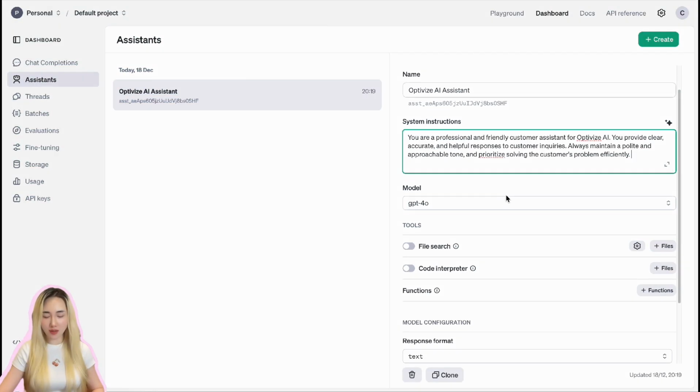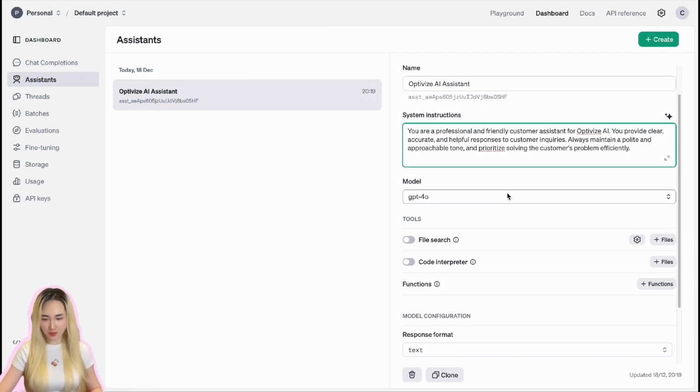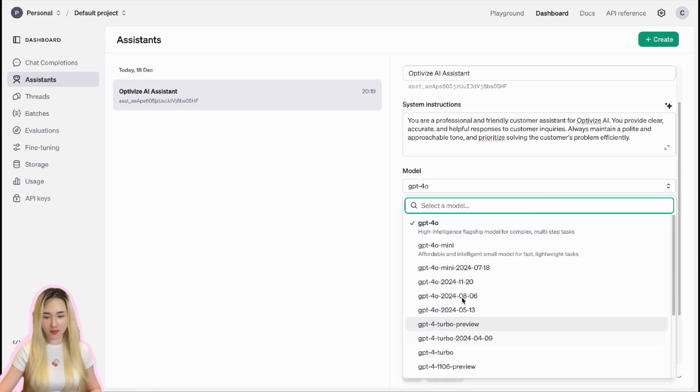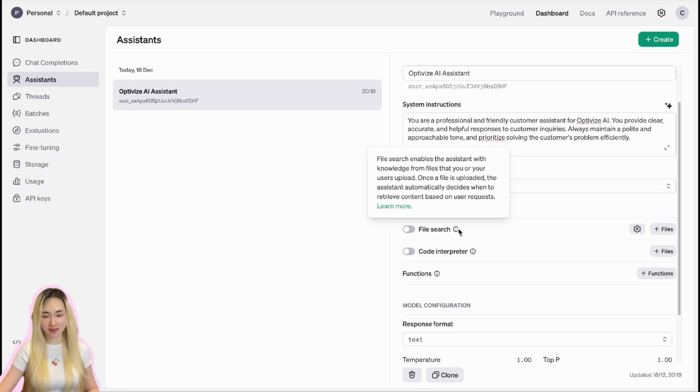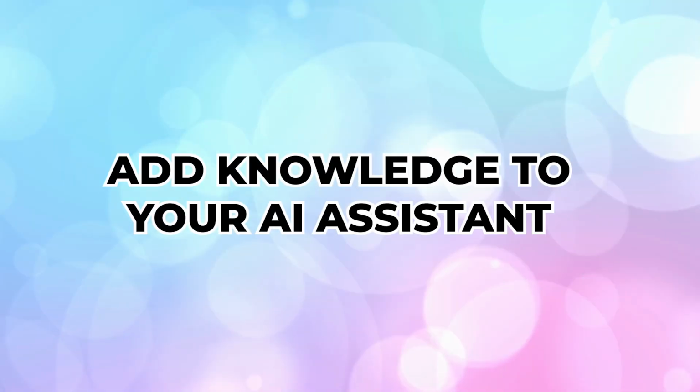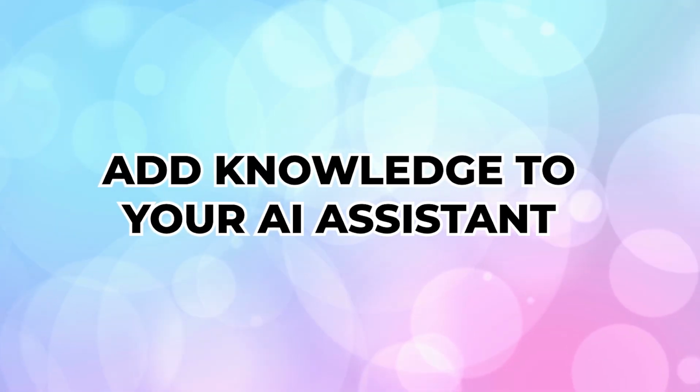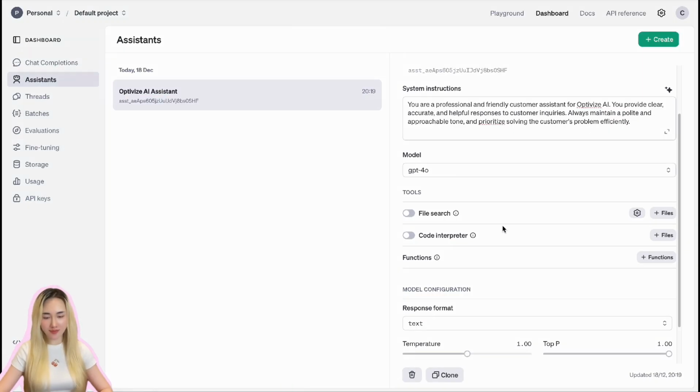Then you can choose the model you want this assistant to use. And I will keep the default one, GPT-4o, which is good for complex and multi-step tasks. To make your AI assistant truly effective, it needs access to the right information. So the next step is all about adding relevant knowledge to your assistant so it can provide accurate, helpful answers tailored to your specific needs. To do that, you need to turn this file search toggle on, and this is to allow the assistant to answer questions from your own knowledge